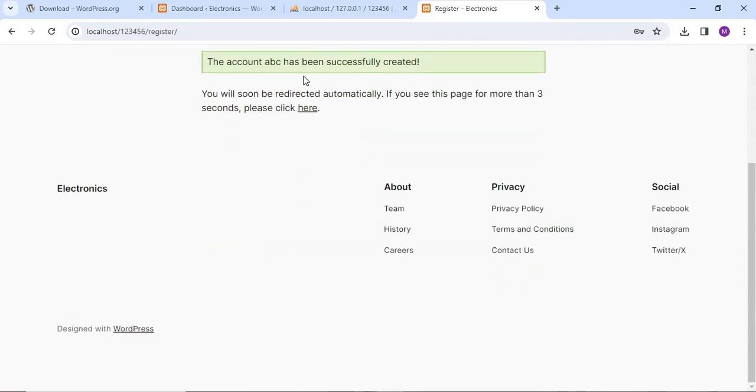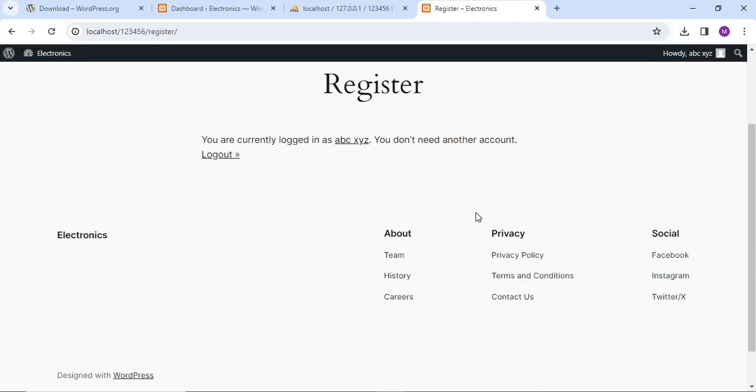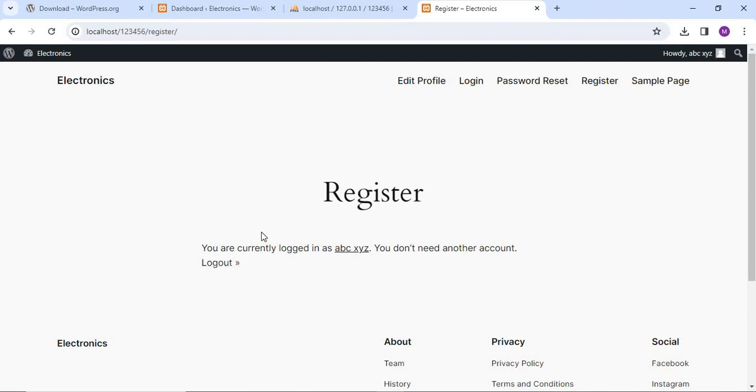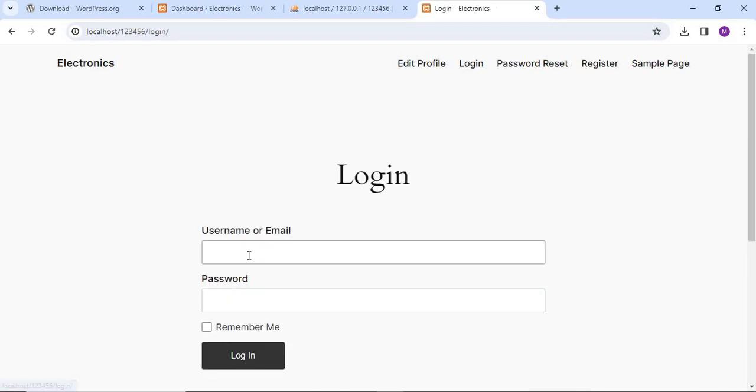Okay, the account has been successfully created and is automatically logged in. You are currently logged in as ABCXYZ. You don't need another account, so I'm going to log out. Now I'm going to enter with the admin account. The username is admin and the password is 123456. When you click on the login button,